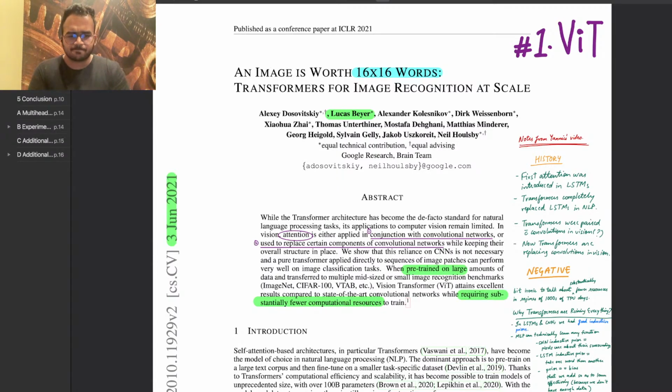Cool. So the paper today we'll be talking about is vision transformers, as mentioned in the title, and the title of the paper is "An image is worth 16 by 16 words: transformers for image recognition at scale." So ever since "Attention Is All You Need" by Vaswani et al. was introduced in natural language, transformers have dominated the space in natural language processing. All the architectures have been replaced by transformer-like architectures in natural language, and have gotten very amazing results. But the same was not true in vision